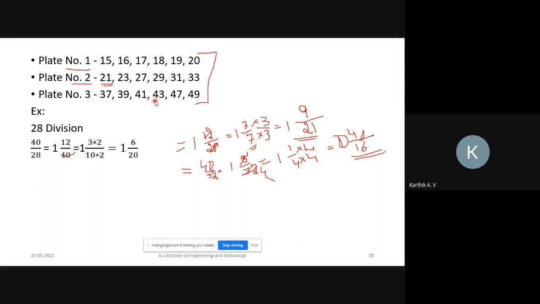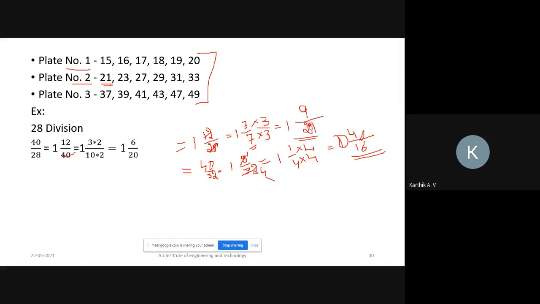So these are the varieties of plates and whole circles. You should match this value to any of the whole circles in any of the plates. I multiply by 3 so that it matches plate number 2 and whole circle 21, and you should multiply the same number for the numerator also. You will get 1 and 9 divided by 21. So take plate number 2, the 21 whole circle, one full rotation of the crank, and count 9 holes and fix the crank pin. That is one division.